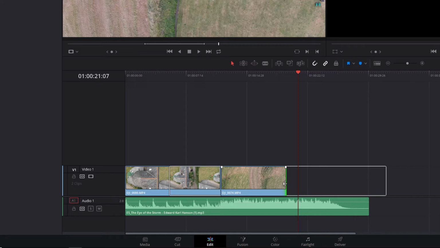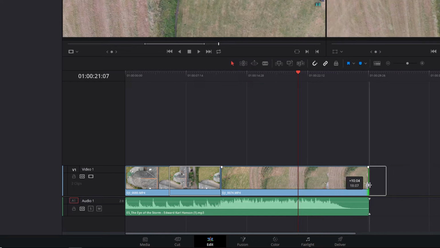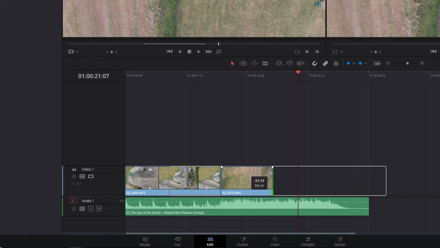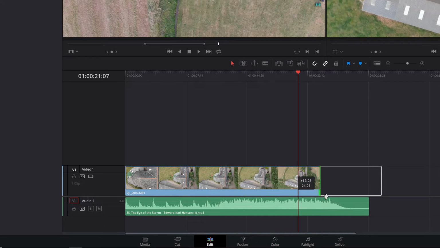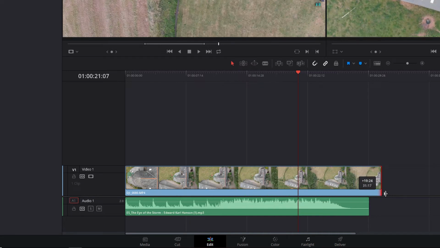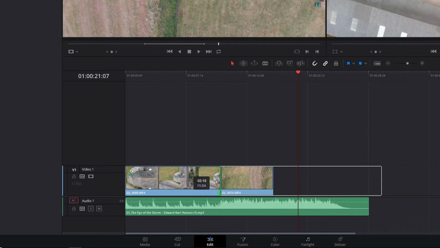So I can go to the right all the way out to the end of this outline. Once I reach the end of the outline, it will turn red. That means that I've reached the end of the footage for this particular clip and there's nothing more I can do. So I'll just drag that back to there again. And I can do the same with this as well. This will actually overwrite the existing clip. You can see I can drag it out all the way there and you get the red again. So it's quite a useful way of extending footage or shortening it if you're not quite happy with the original